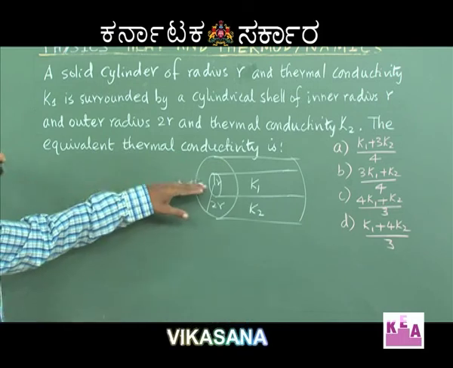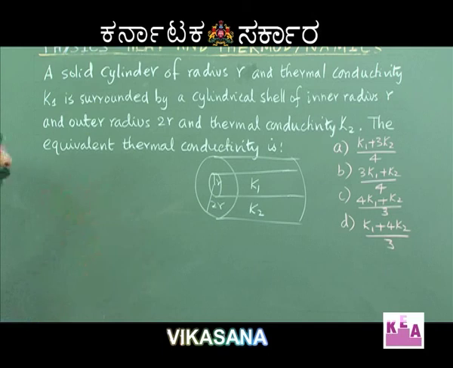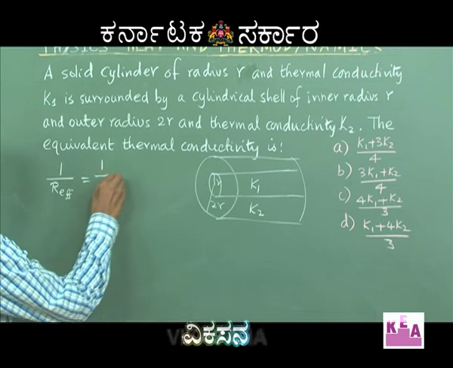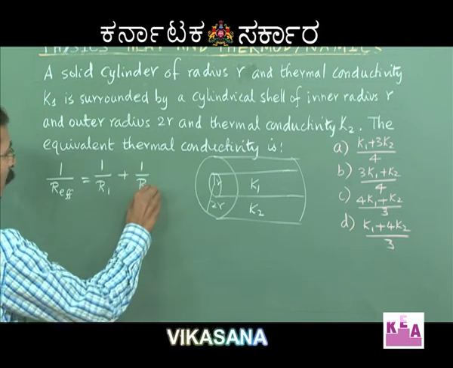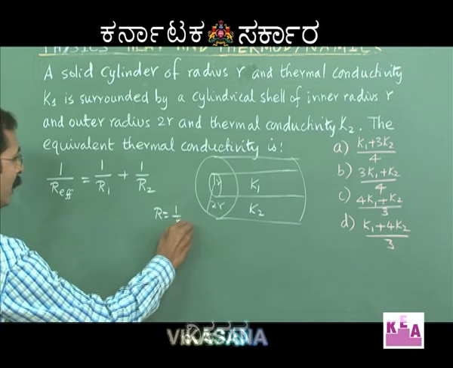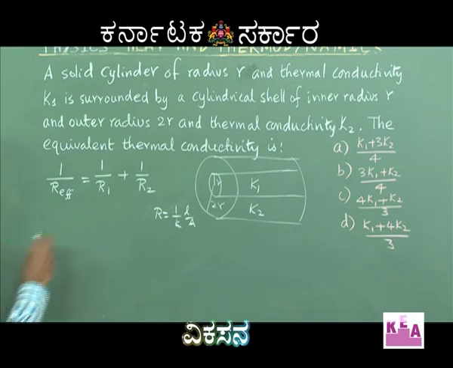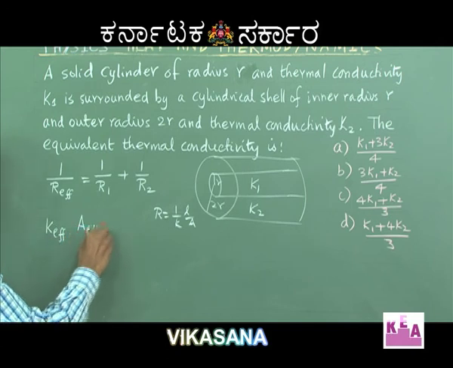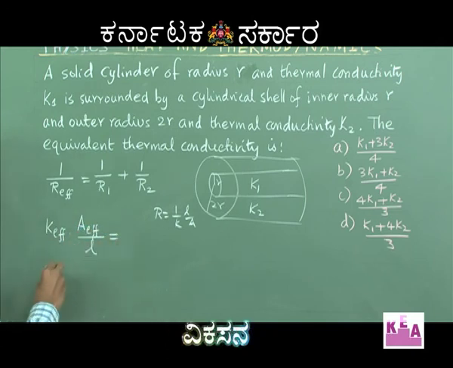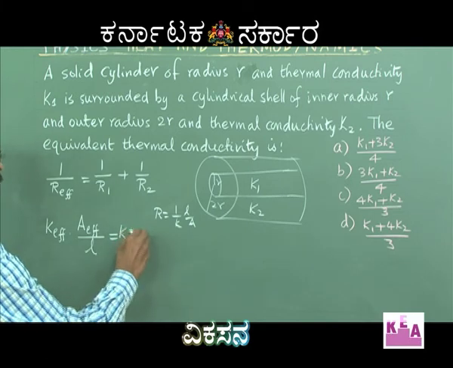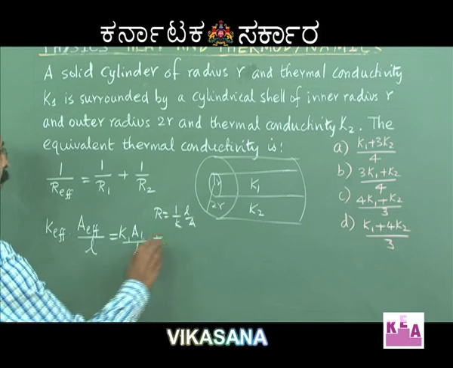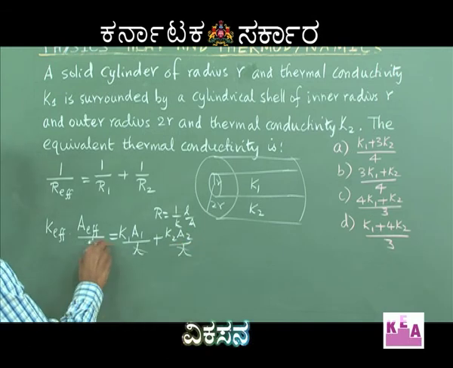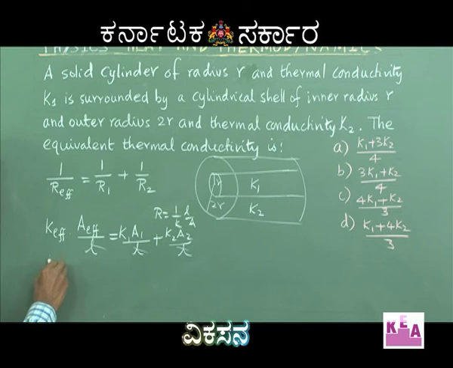Therefore, I have to use the formula for parallel combination of resistances, that is given by 1 by R effective is equal to 1 by R1 plus 1 by R2, where R is 1 by K into L by A. Therefore, this formula reduces to K effective into A effective divided by L is equal to 1 by R1, which is K1 A1 divided by L, plus 1 by R2, which is K2 A2 divided by L. L gets cancelled and we are left with K effective